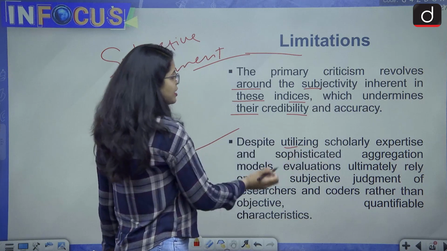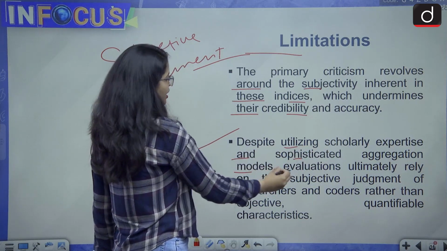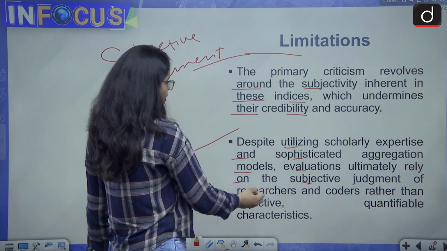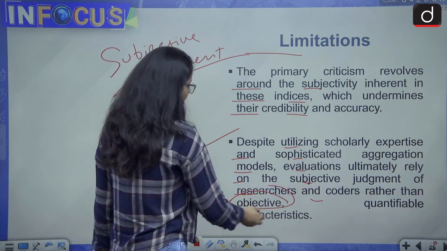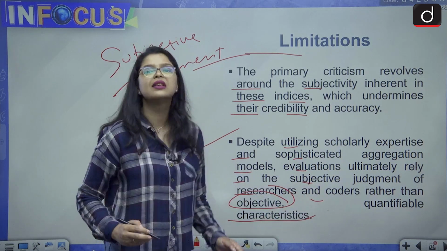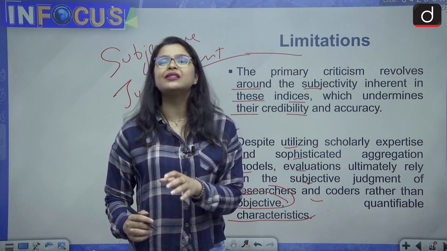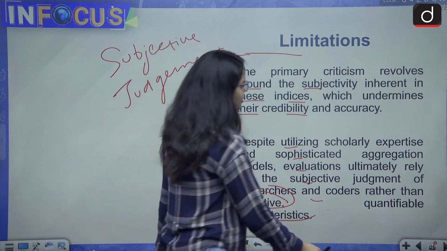Despite utilizing scholarly expertise and sophisticated aggregation models, evaluations ultimately rely on the subjective judgment of researchers and coders rather than objective quantifiable characteristics. And that is why the assessment of these global indices cannot be believed with a blind eye. Moving forward,